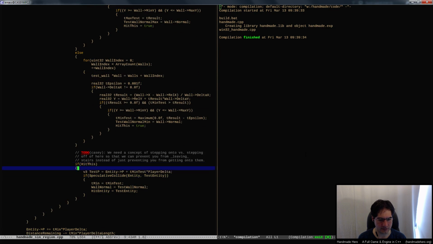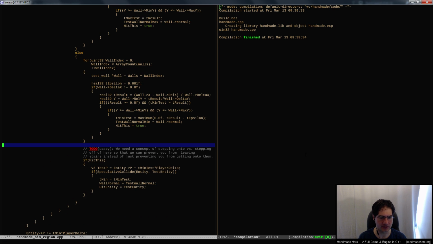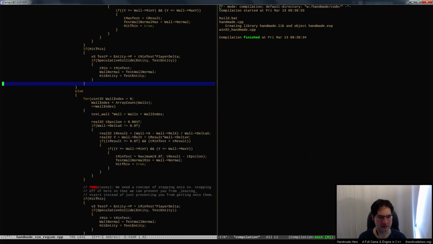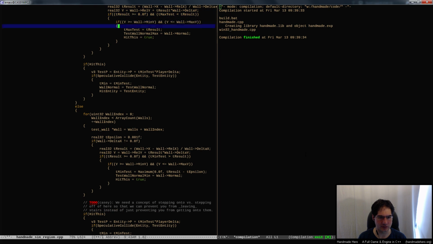I suppose for these 2 things, I don't really know exactly what we want to do. It's a good question in terms of these guys. I suppose for now, let's do this handling separately since it's probably going to be pretty different. So this is the case where we were hitting something that was going to stop us. This is the case where we're hitting something that isn't going to stop us, that's allowing us to move. So assuming that we hit it,